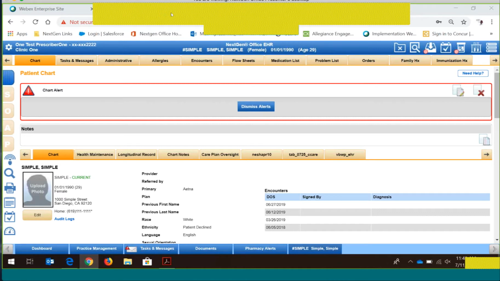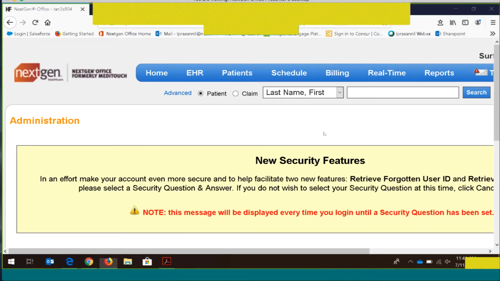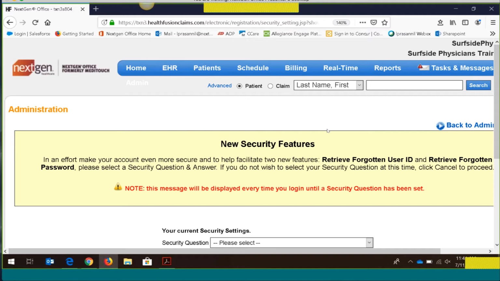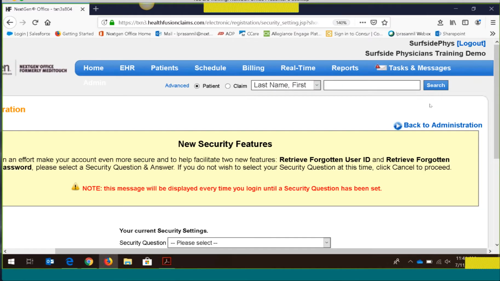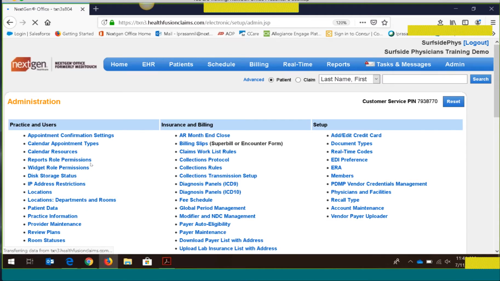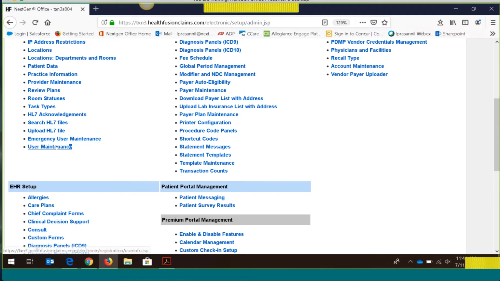So give me just one second, everyone. And I'll share my screen again. But here I'm logged in as my super user. The super user just has to make sure that in the admin section, under user maintenance,